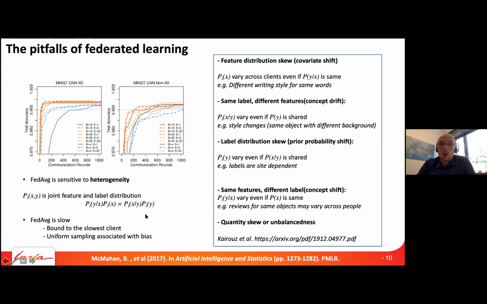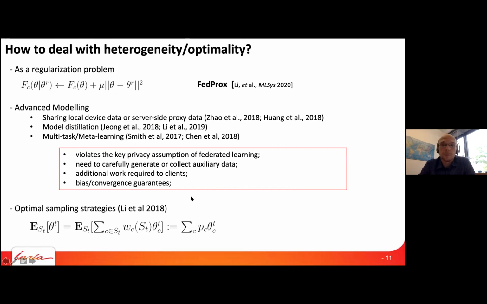And also, we can say, okay, let's sample only some of the clients, but in the aggregation with sampling that I showed before, if you sample uniformly across the clients' distribution, we have a bias. At the end, we don't guarantee that we represent everyone as they should be, depending on the weight that I mentioned before. So many issues. That's why people are doing a lot of research on this.